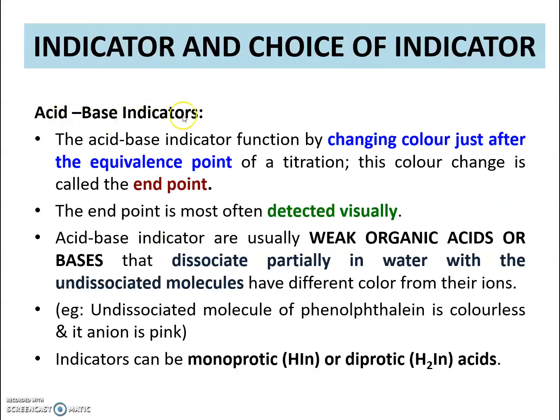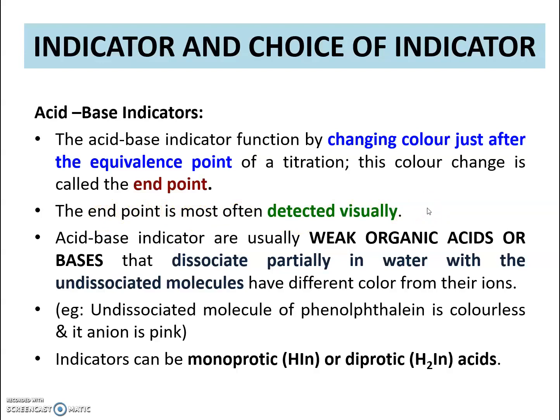An acid-base indicator functions by changing color after, or very near to, the equivalence point of a titration. This color change is called the endpoint. The endpoint is most often detected visually. For example, during the titration process,